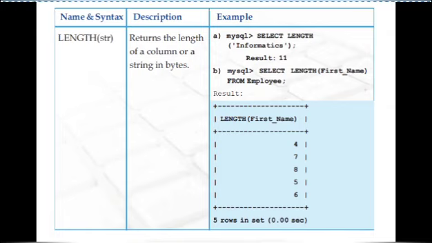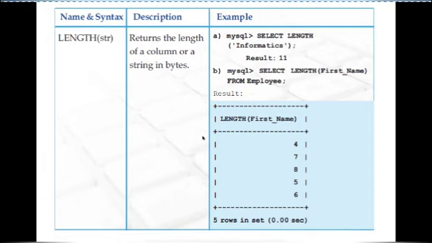As I had told you, a single row function operates on a single value and returns one corresponding single value. There are 1, 2, 3, 4, 5 employees in the table. So this function has calculated the length of the first name column of all the employees. The length of the first employee's first name is 4, the second employee's is 7, the third employee's is 8, like this.